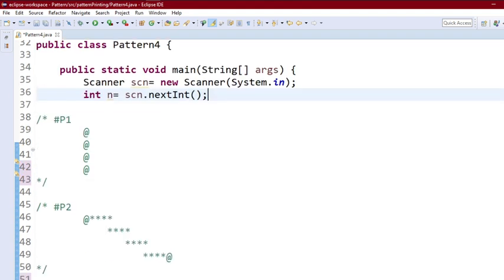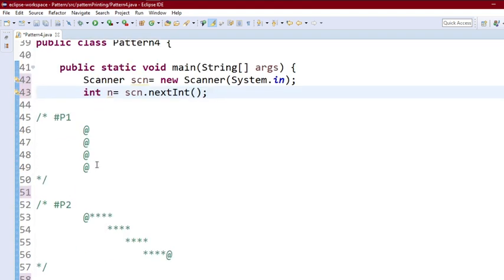Now we have to print the very first part, which is going to be very easy and simple. We have to just print the @ sign and change the line. For how many lines do we have to print this? We have to print this for a total of n rows. So we will start our iteration from 0 and go up to n minus 1. If we start our iteration with 1, we have to go up to n. Okay, so just print this in the iteration and change the line.